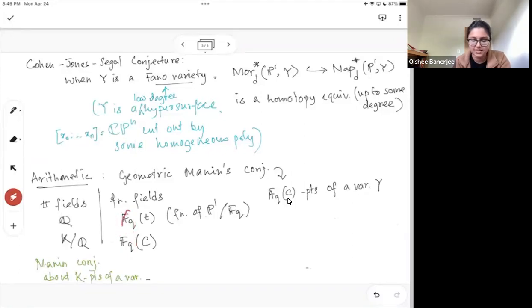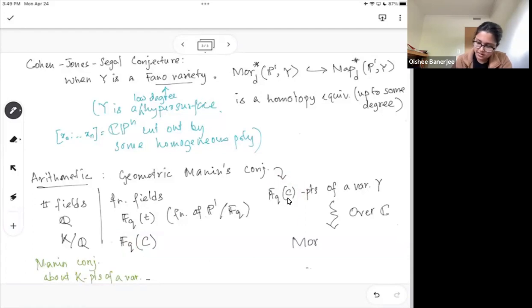But effectively, the reason I'm bringing it up is that if you replace the finite field by, say, the complex numbers, then what you have is an S^2 or a Riemann surface, and these function field valued points in a variety Y translate, over C, to the space of maps from just